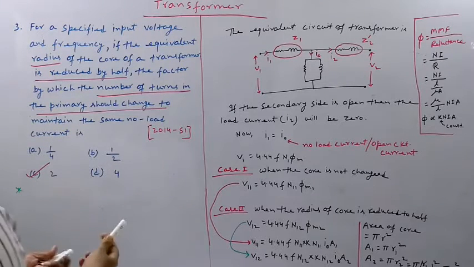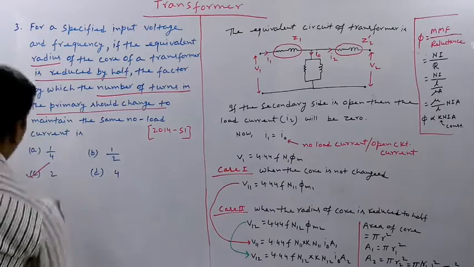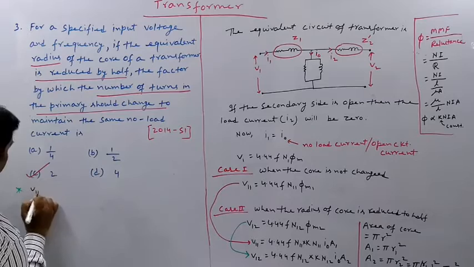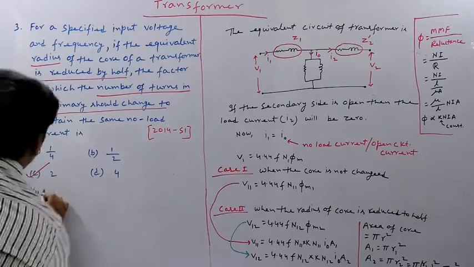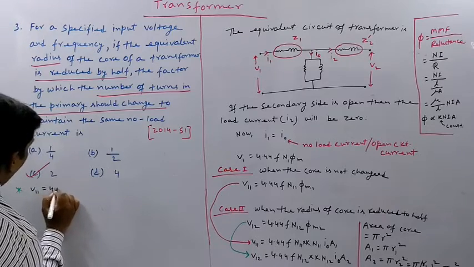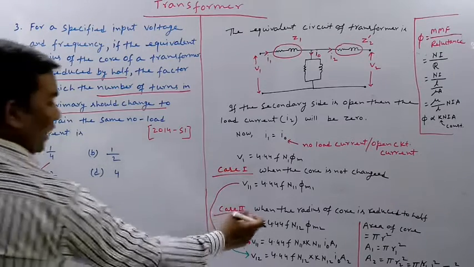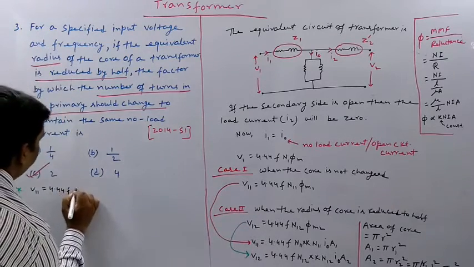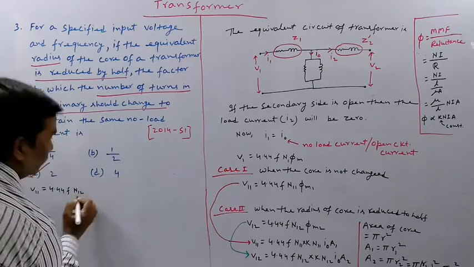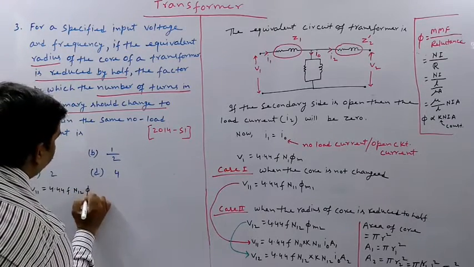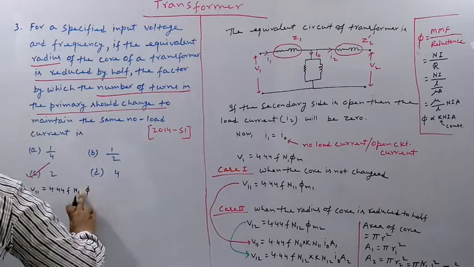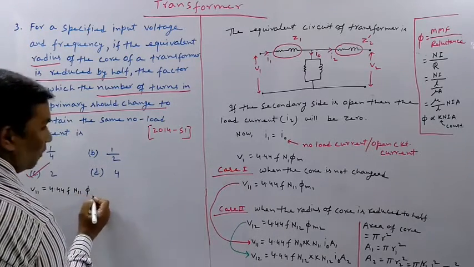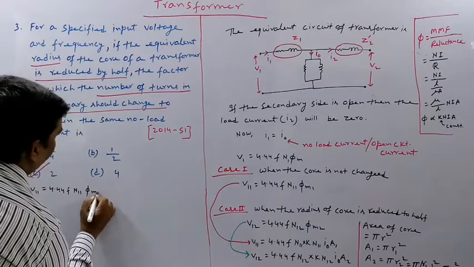Now what will be the value of V11? So the value of V11 will be equal to 4.44 f N11 phi m, sorry, it will be N11 phi m1. Okay,